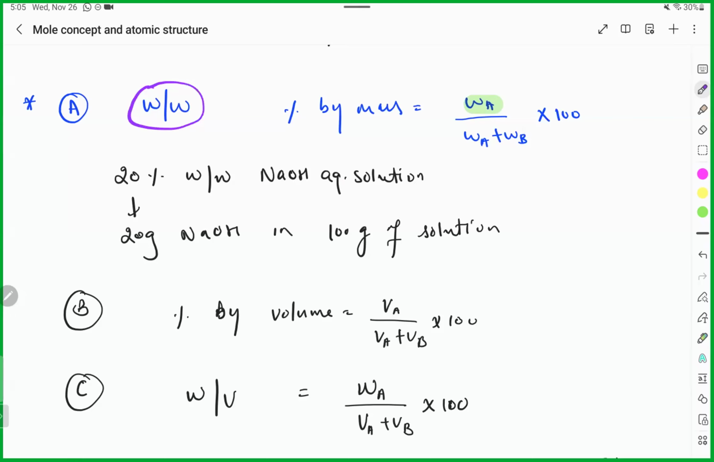You have to know what it means. It means if you have a solution, 20 grams is anywhere, with the amount what